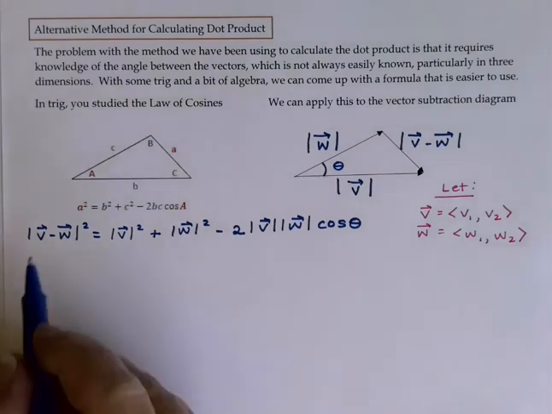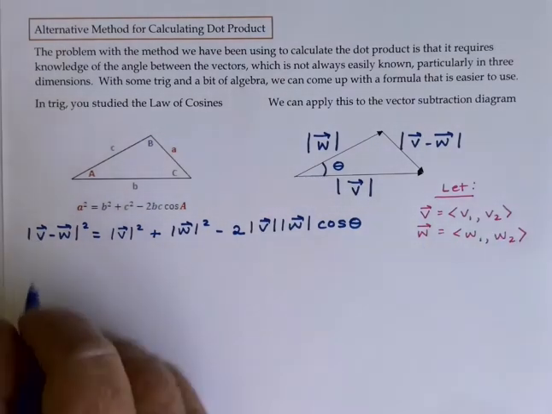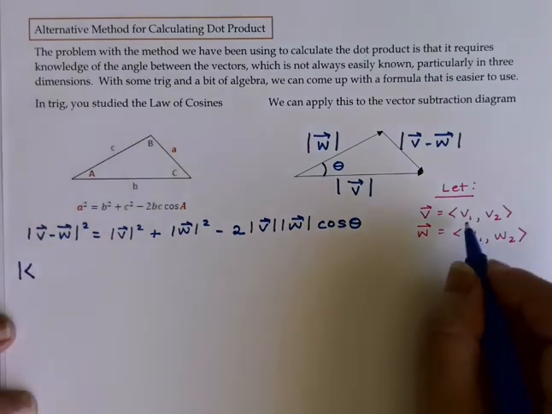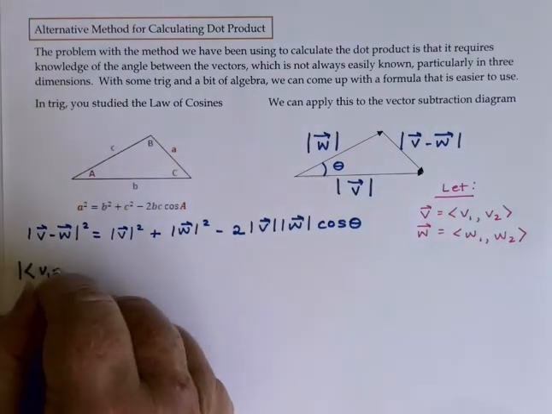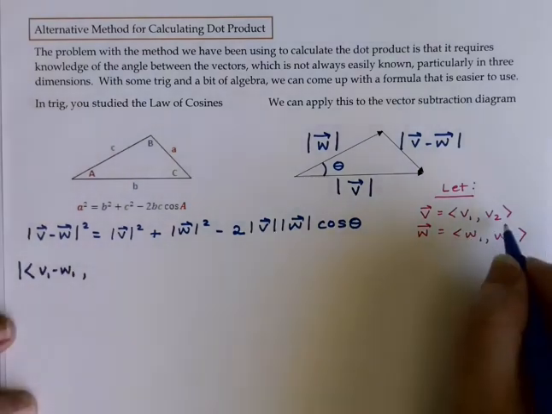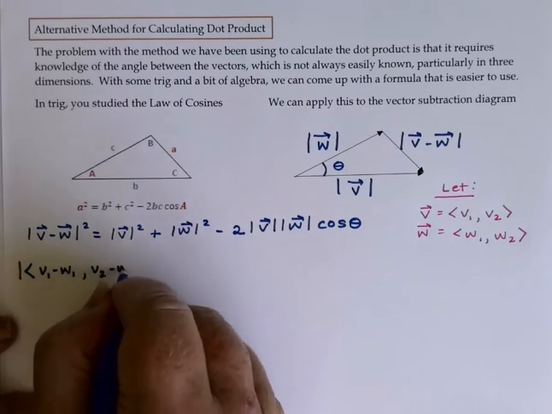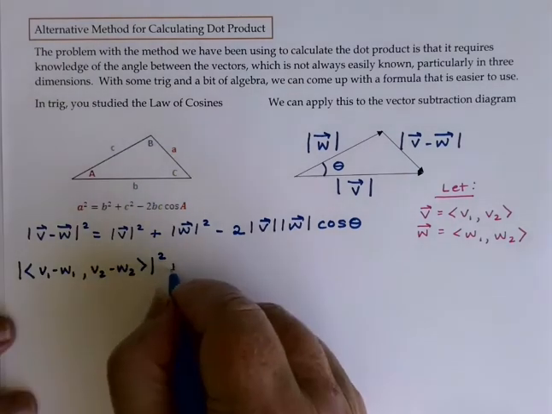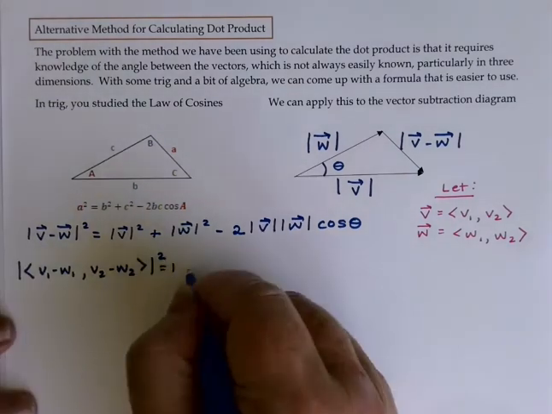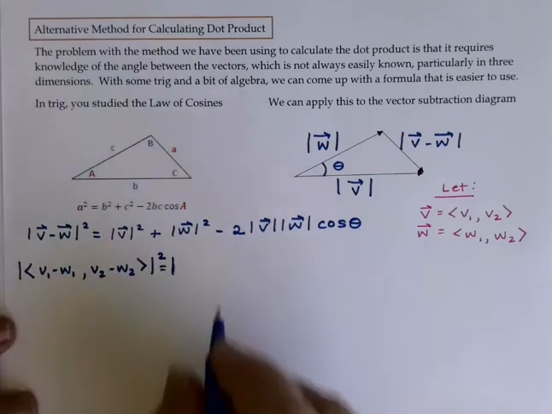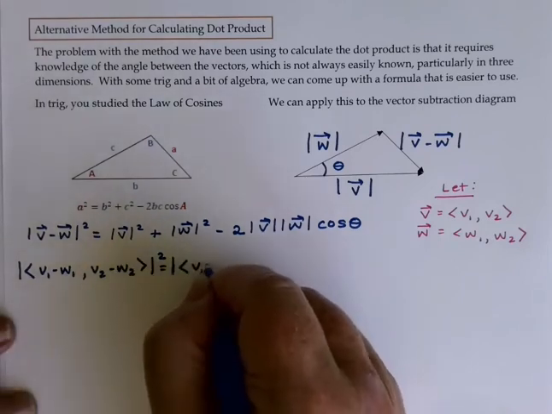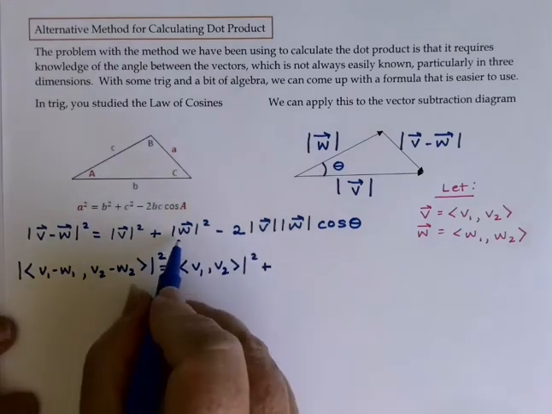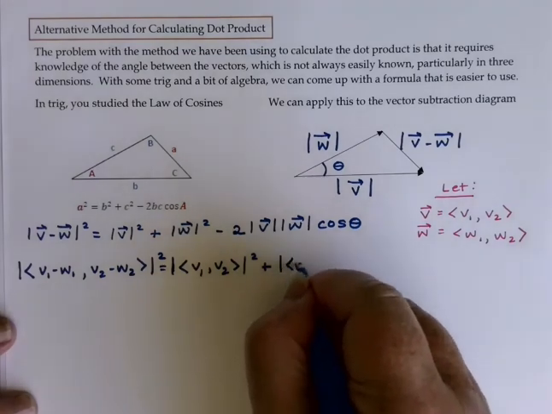So if I were to rewrite this statement using this, this is now the magnitude of v minus w, which would be v1 minus w1, comma v2 minus w2, squared, equals the magnitude of v squared, so that would be the magnitude of v1, v2 squared, plus the magnitude of w squared,